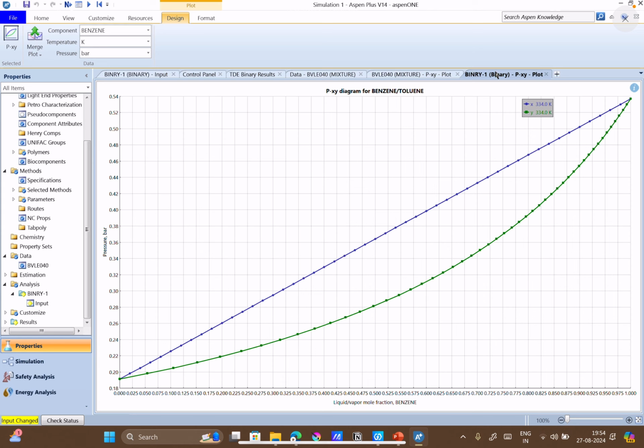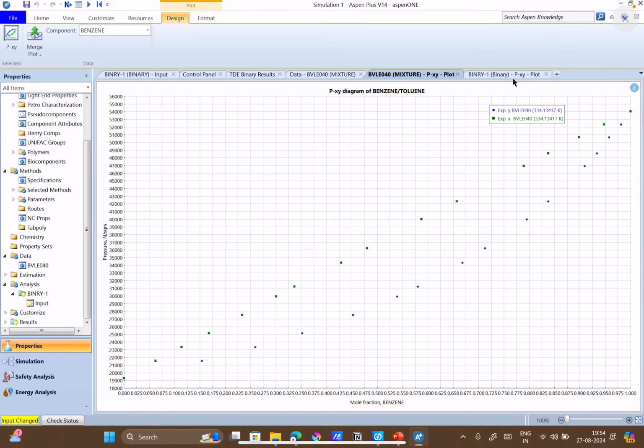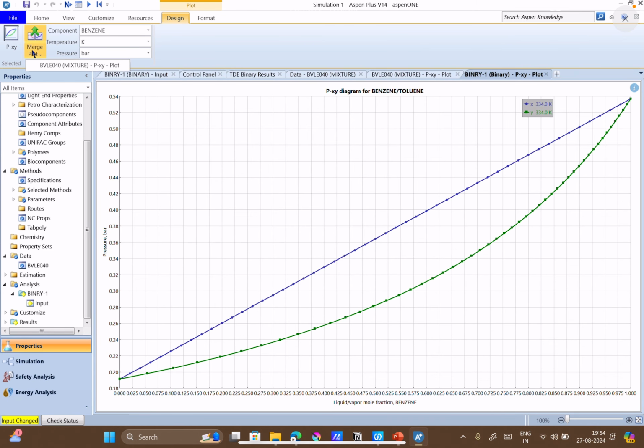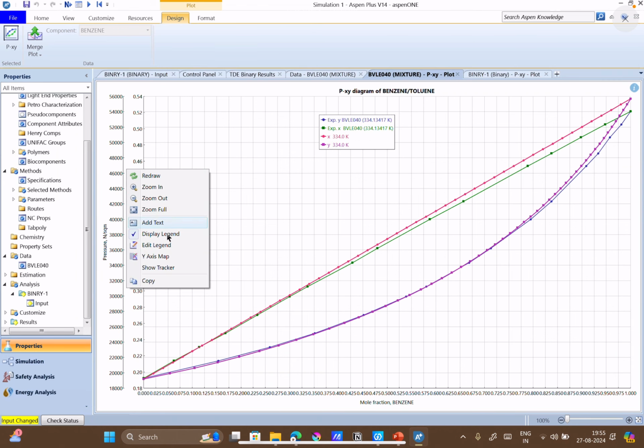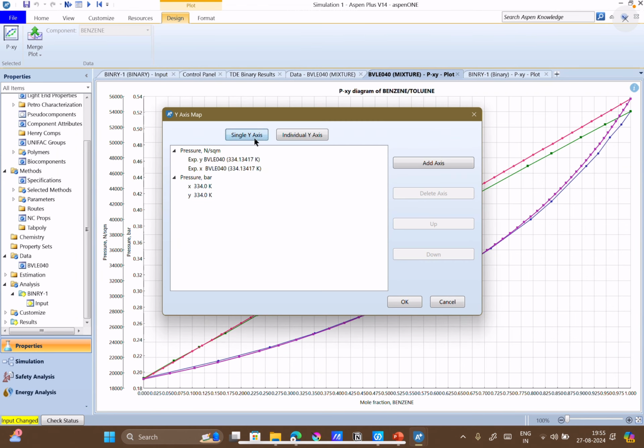For first, let me finish this question. So let's say we want to compare this with experimental data. This is the ideal method, and I want to merge the plot. Why can we not merge it? So again, you can see at the, let me single by.